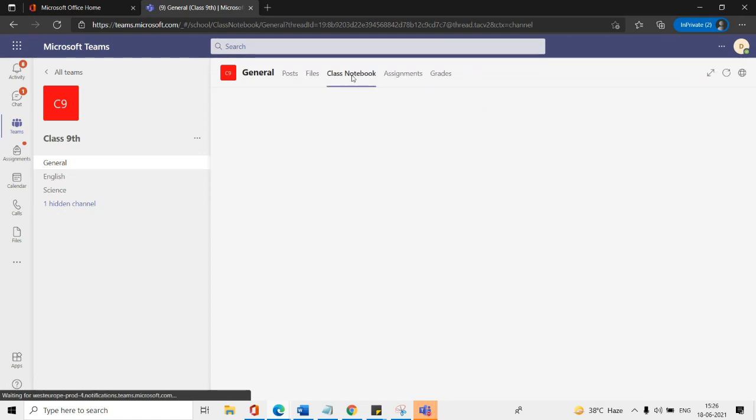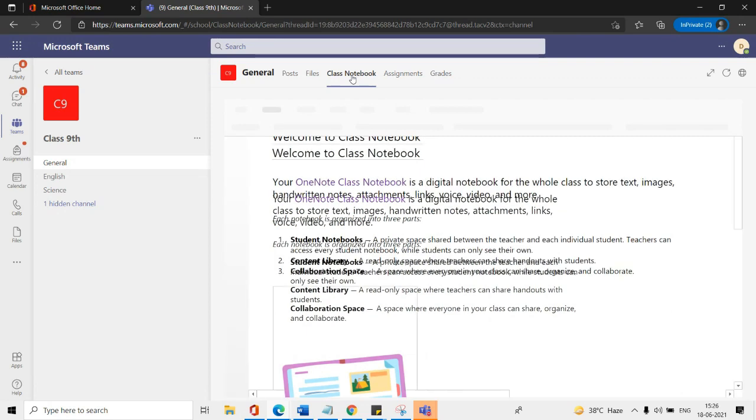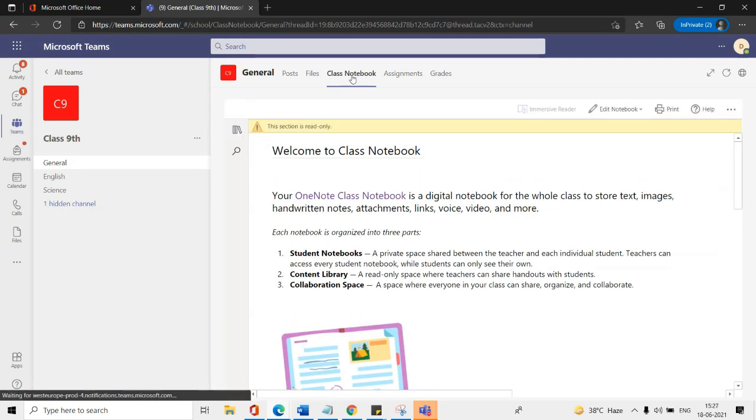Yeah, I think the class notebook is better. If teachers are here, the class notebook will be a better option. Ma'am Charu, correct me if I'm wrong, because of privacy, no other child can view that. So the teacher can post an assignment in the assignment section and assign it to the children, but the children will upload it in the class notebook. Right, this way also it will work.